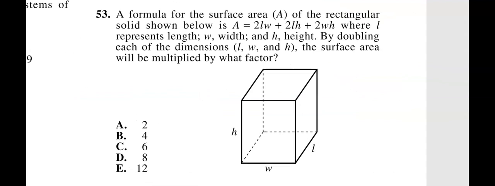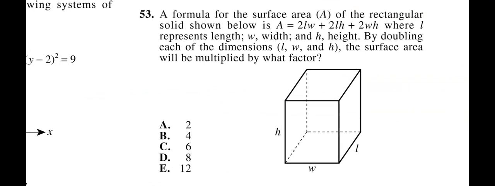Formula for the surface area of the rectangular solid shown below is, okay, that's right. You're basically finding all the areas of all the sides, add them all up, by doubling the dimensions of all of them. So 2L, 2W, 2H. What happens? What happens to the whole thing? So you have 2 times 2L times 2W